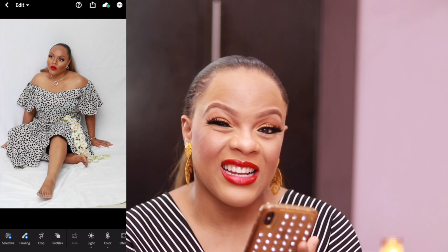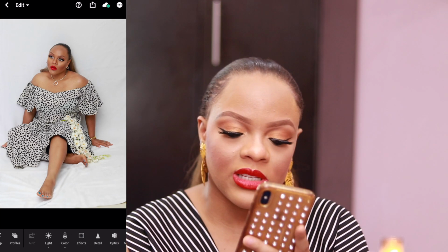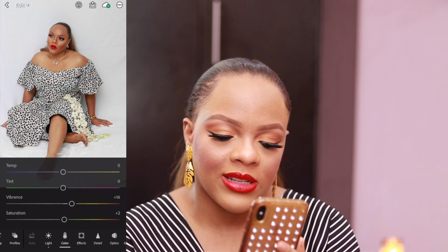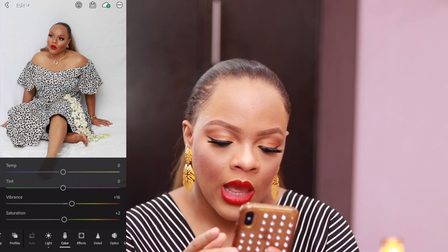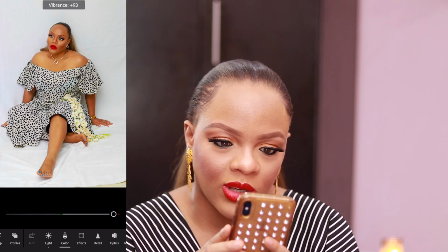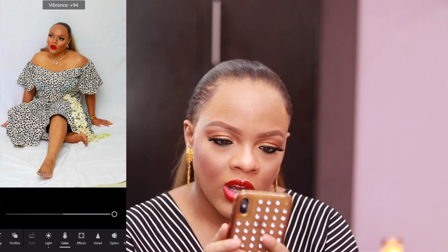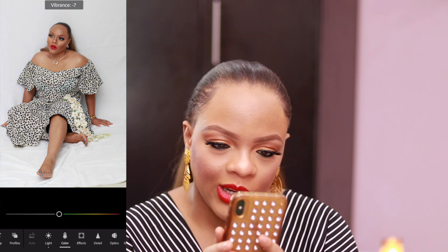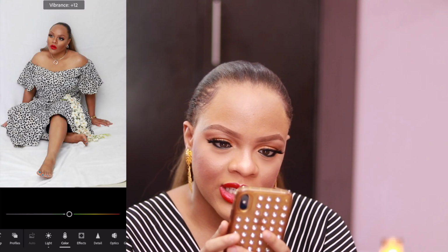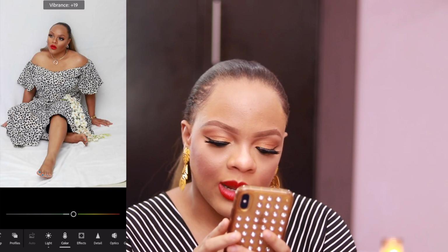What I can see here that is different is just that the vibrance was increased a little bit. So I'm going to go to color and go to vibrance. As you can see, the vibrance is now on +16, which is okay. If you take it up, you can see my skin is almost looking very yellow, but if you take it down too much, my skin loses its color. So I would leave it on that 16, or maybe push it to 20, so that my skin can just